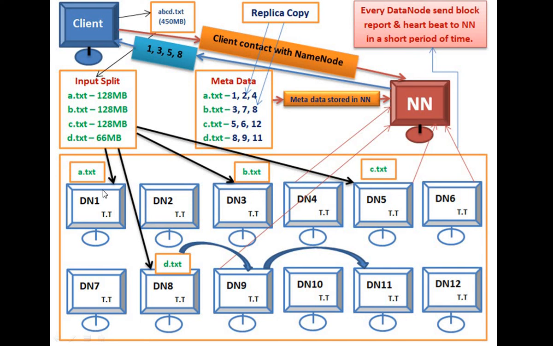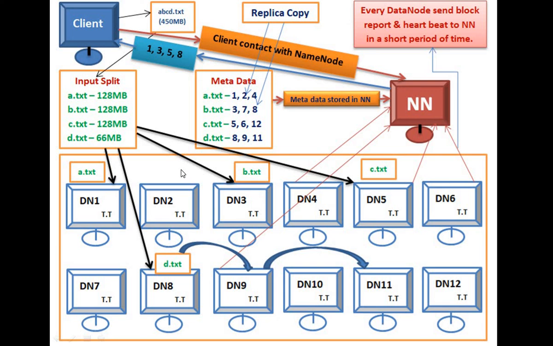A DataNode is nothing but a machine with a hard drive. Suppose this DataNode has 500 GB of hard disk, and this DataNode also has 500 GB of hard disk. This one might have 1 TB of hard disk, and so on. So these are the systems which have hard disks for storing purposes. Guys, in this way I am trying to elaborate how the client stores data on HDFS. If you have any questions, you can ask, and I will try to answer them.